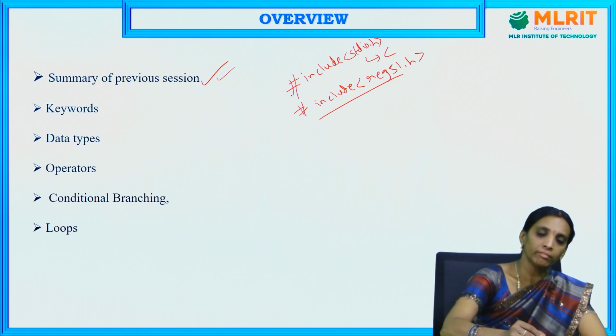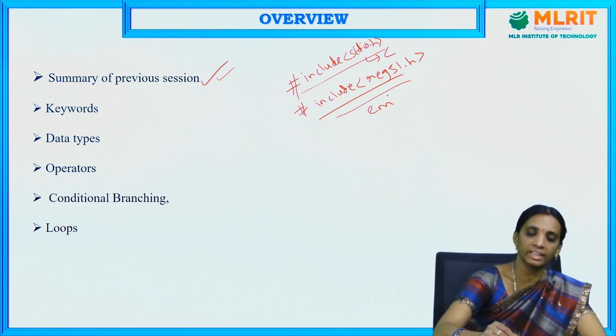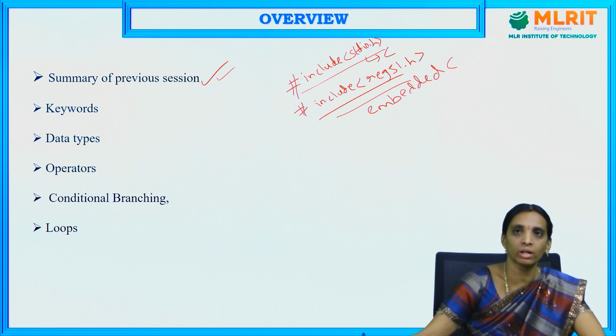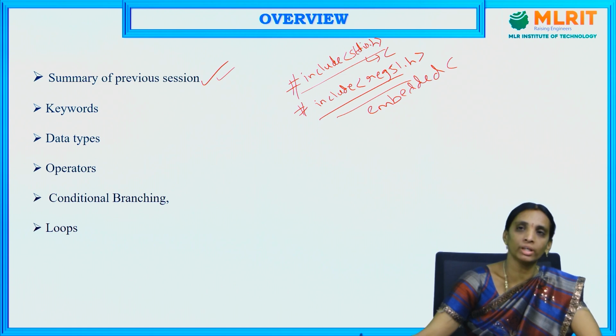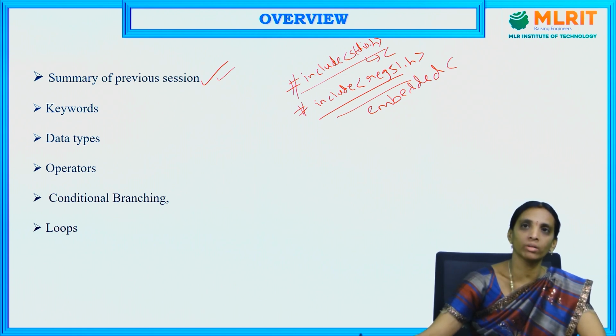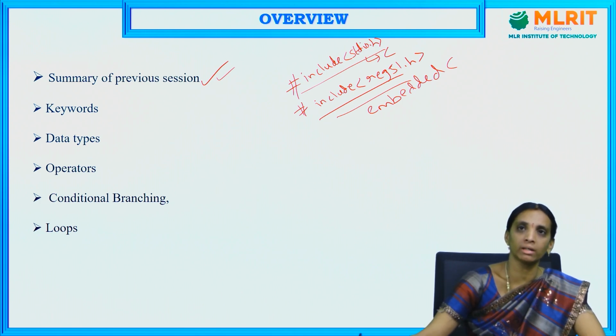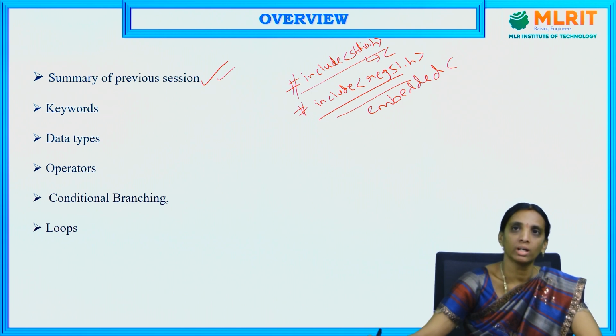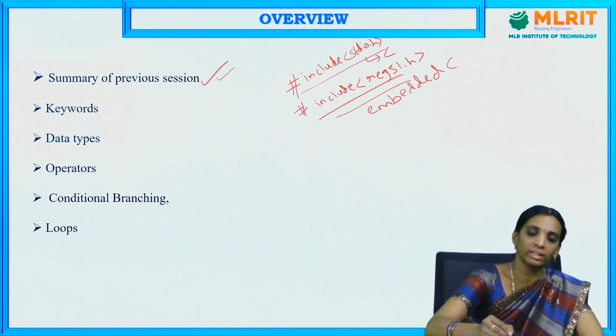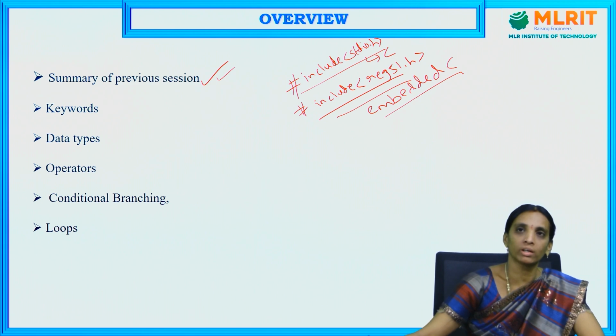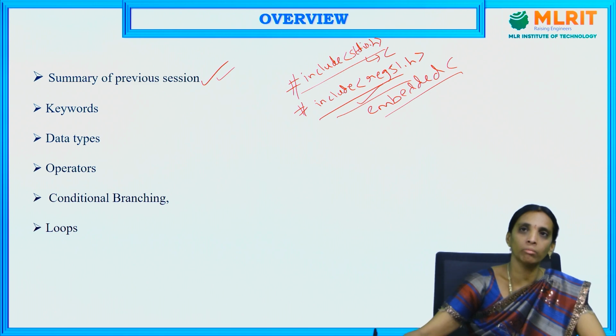The main difference between the C language and the embedded C language is that C language is a general purpose language, which can be defined with variables, but in embedded C language we have to define our program with respect to the processor used in that embedded design. Depending on the processor we have used, we have to consider the registers, the general purpose registers, special function registers, and the memory size used in that particular processor. We need to consider all these things, and after considering them, we write a particular program for embedded C language.